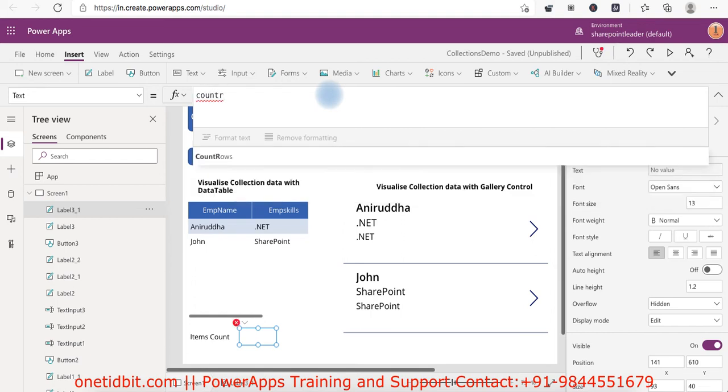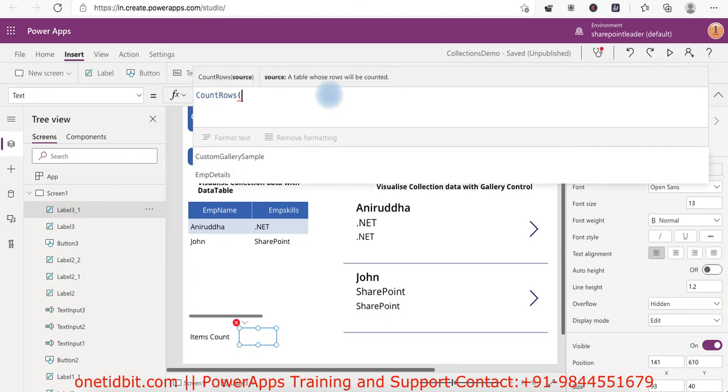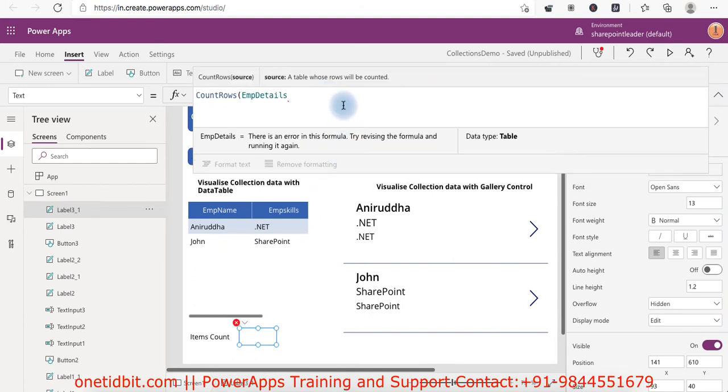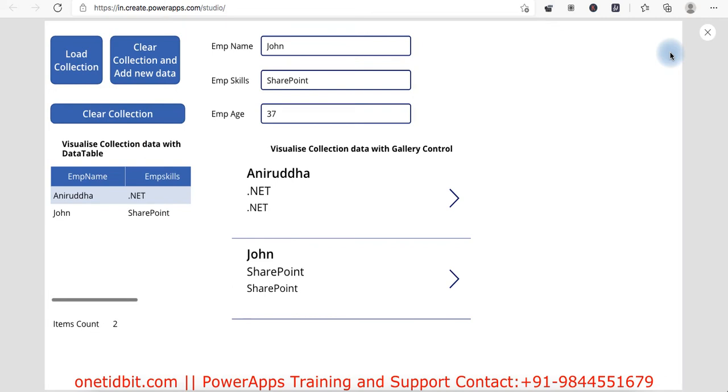Count rows. Okay, so count rows of source, I can give employee details here, and now we will get the rows count. See here, items rows count. Rows count is like a records count of items. Okay, so if I add one more here,